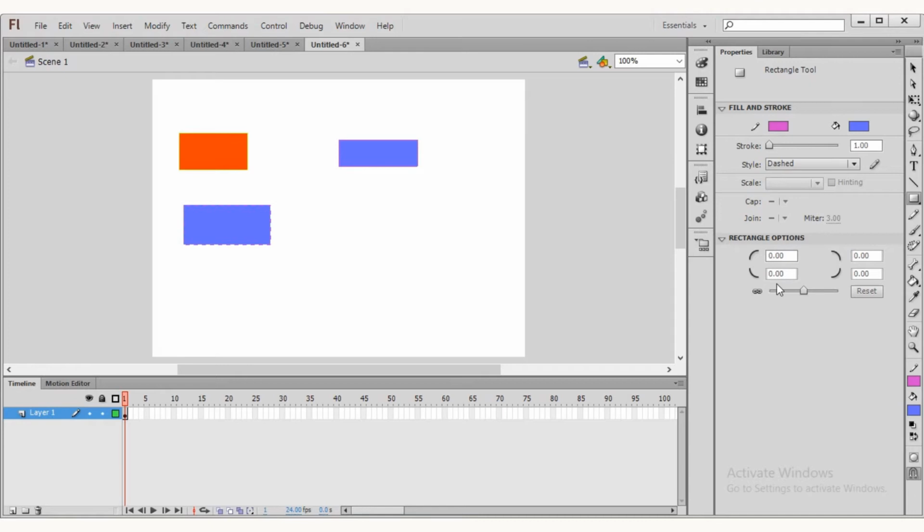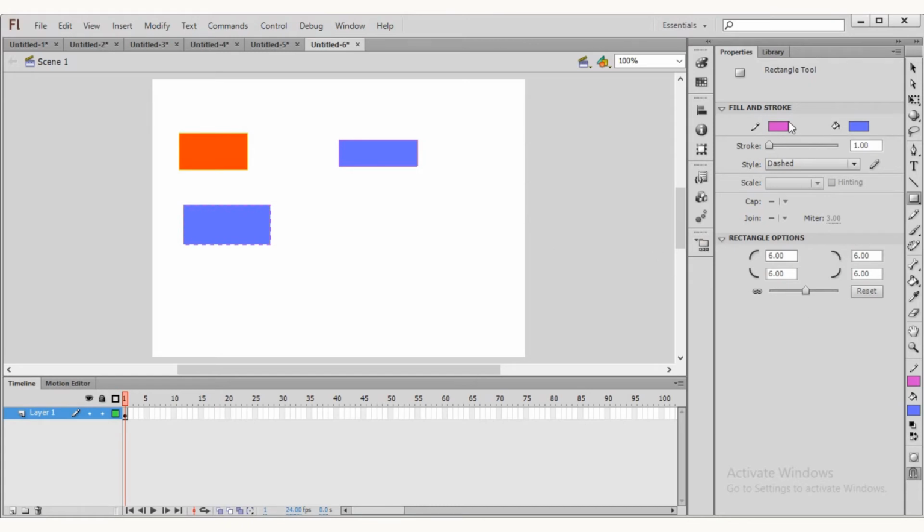Here we can make our rectangle object in the rounded rectangle form by just entering any value inside one box. When you will enter any value inside one box and click onto another box, you will see the same value gets entered in all the four boxes.